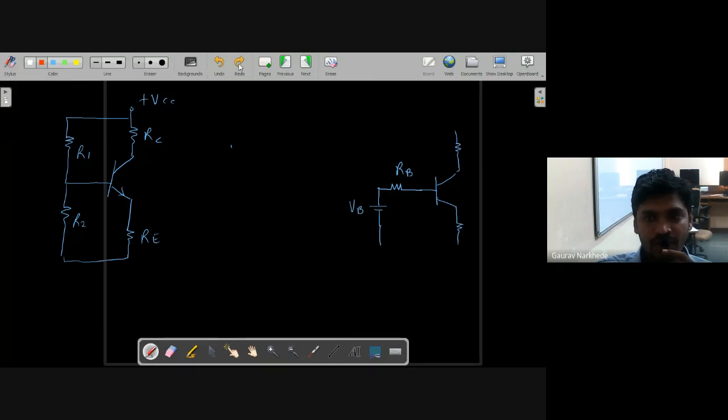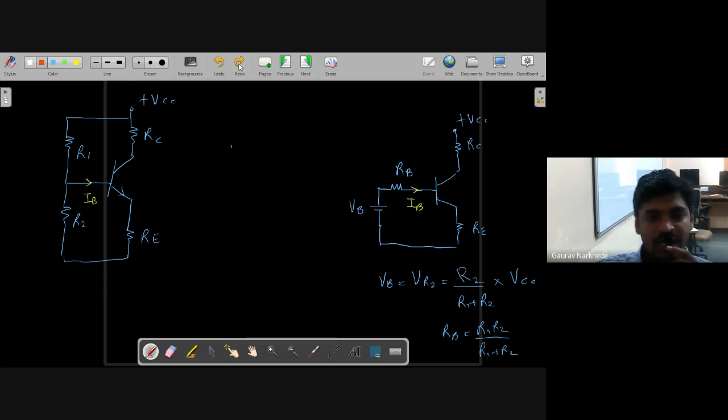Do you remember, in the lecture we have seen? Yes, sir. So again, then RE and RC are there, and this is plus VCC. So VBB, the voltage drop across R2, is R2 upon R1 plus R2 multiplied by the applied voltage VCC. Similarly, RB is the equivalent of R1, R2 upon R1 plus R2, because both are in parallel. Now let us say that the current flowing in the base is IB,